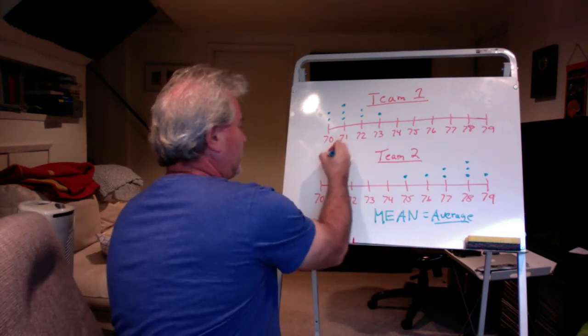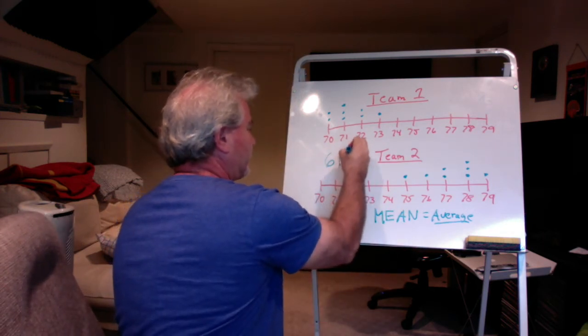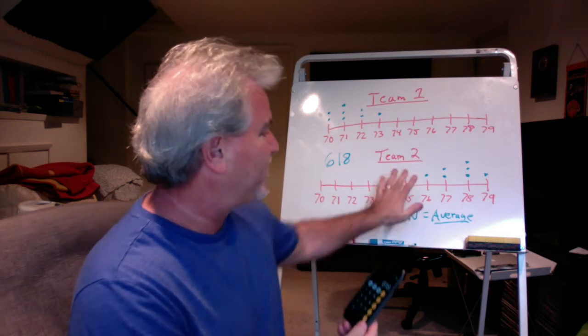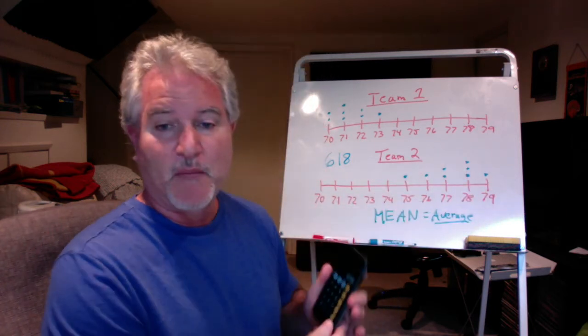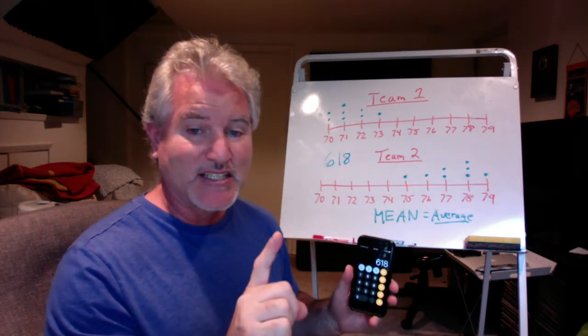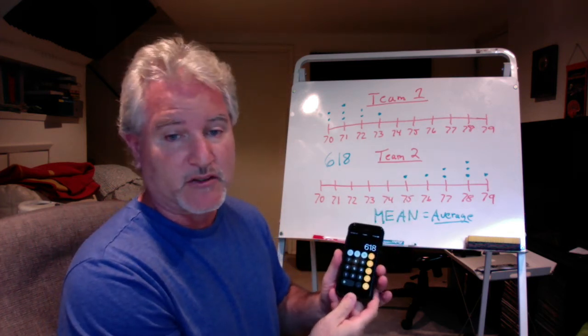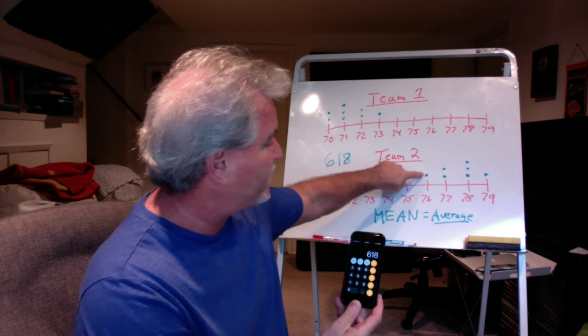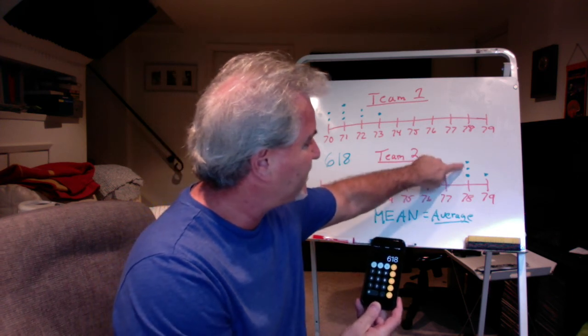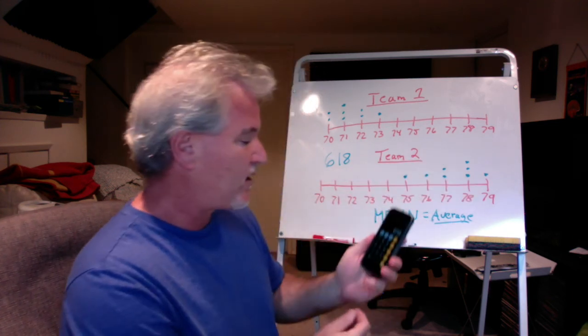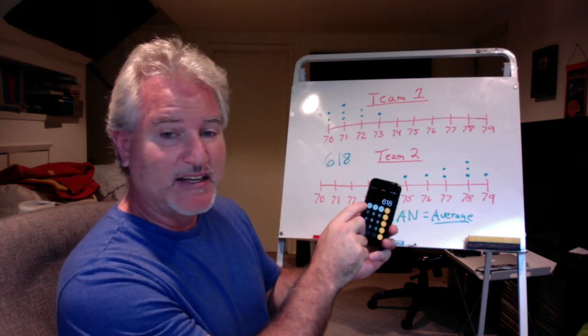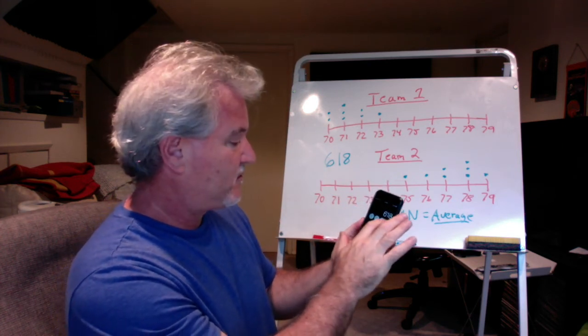So my total is 618. Okay, that's my total for all of these. But I'm not finished yet. The last step is you have to divide this number by the number of players. And the number of players is 1, 2, 3, 4, 5, 6, 7, 8. Okay? So 618 divided by 8